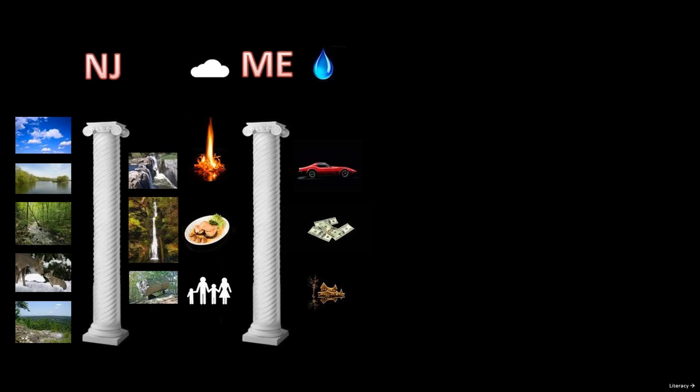For this activity, we don't need to get into that, but when you do start getting into the details of this, it's very complicated. And showing how complex meeting human needs is one thing that this activity is going to show. So we know that when kids or families are getting their food sources met, most of the time it's being grown somewhere. Is it being grown in New Jersey?